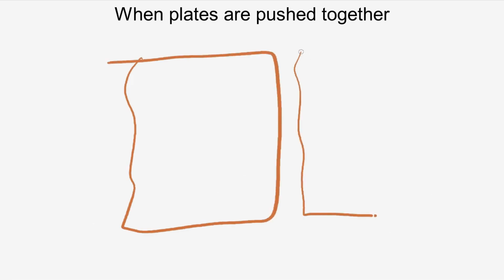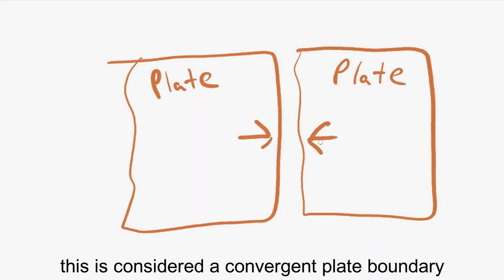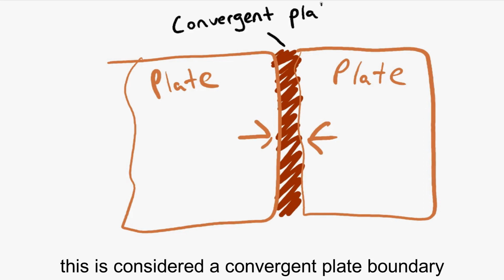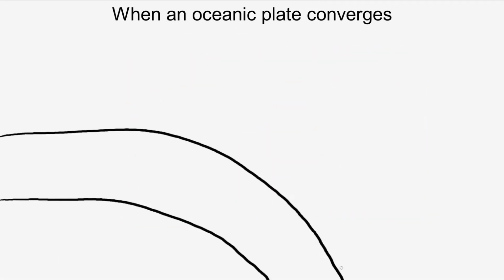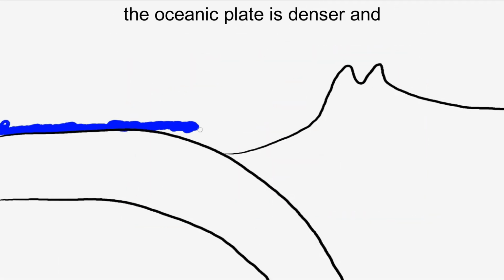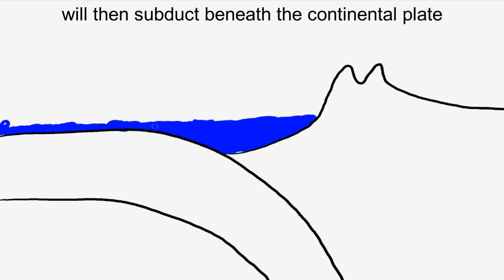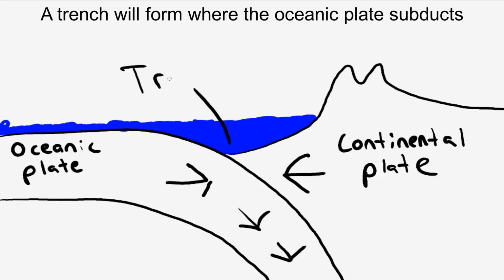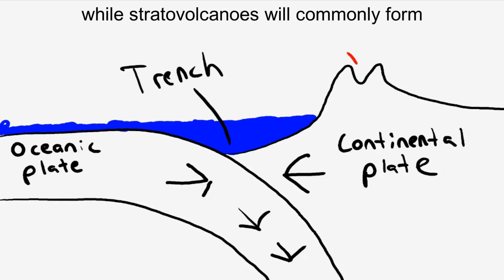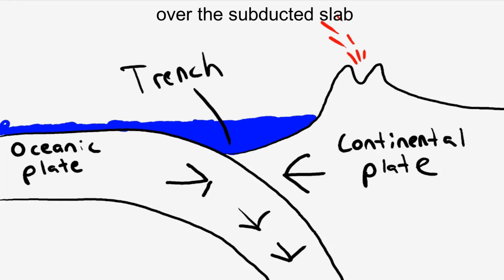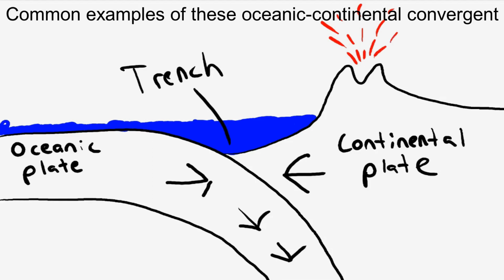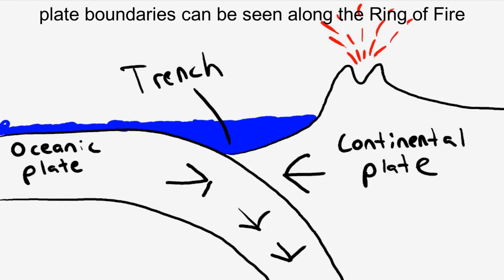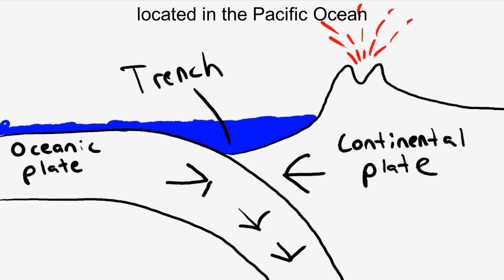When plates are pushed together due to converging convection currents, this is considered a convergent plate boundary. When an oceanic plate converges with a continental plate, the oceanic plate is denser and will then subduct beneath the continental plate. A trench will form where the oceanic plate subducts, while stratovolcanoes will commonly form over the subducted slab. Common examples of these oceanic-continental convergent plate boundaries can be seen along the Ring of Fire, located in the Pacific